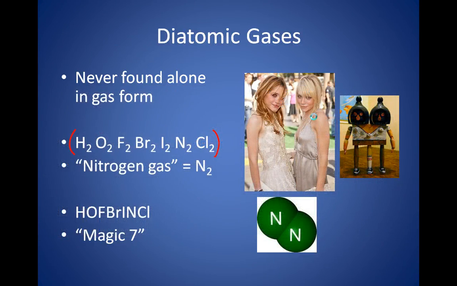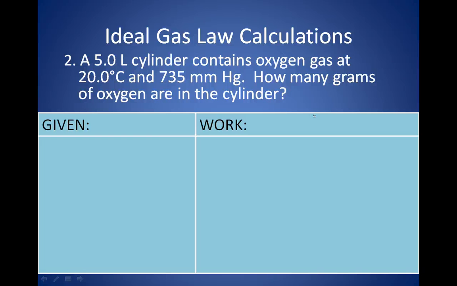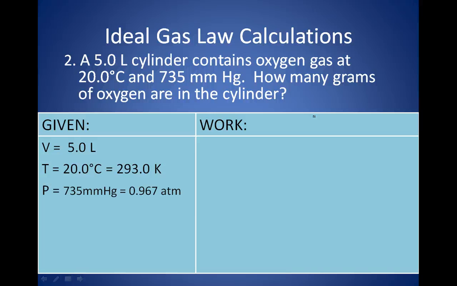Okay, here's how you would see this used in a gas law calculation. A 5-liter cylinder contains oxygen at 20 degrees Celsius and 735 millimeters of mercury. How many grams of oxygen are in the cylinder? First thing we want to do is identify our givens. We have a volume of 5 liters, a temperature converted to Kelvin of 293.0 Kelvin, a pressure converted to atmospheres by dividing by 760 of 0.967 atm, and we know R. The only thing we don't know out of P, V, N, R, T is N. So we can use PIV-NERT to find N, but the problem is actually asking us to find